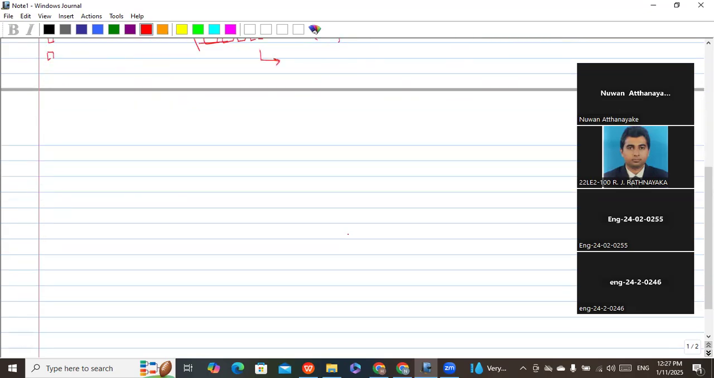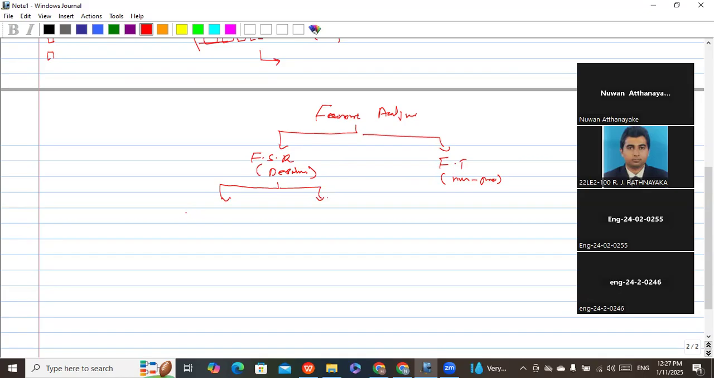So Fourier analysis basically has two types, which I think we have already discussed. One is the Fourier series representation, and the other is the Fourier transform. The Fourier series representation we normally use for periodic signals, and the Fourier transform is for non-periodic signals. And the Fourier series has two forms. One is the complex